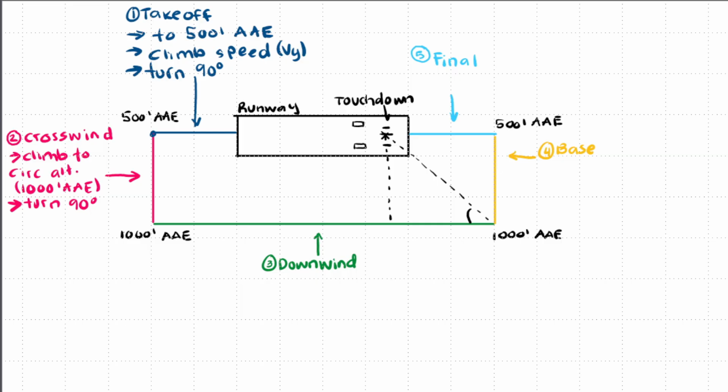And there's quite a lot going on in this leg. This leg is basically helping us prepare and plan for our descent. Okay, so in the downwind, you are leveling out and you're setting your power. Okay, so this might be more of a cruise speed and cruise power setting. And when you're on the downwind, you're also checking that you're the right distance away from the runway. So usually on downwind, you're about half a mile to 1 mile